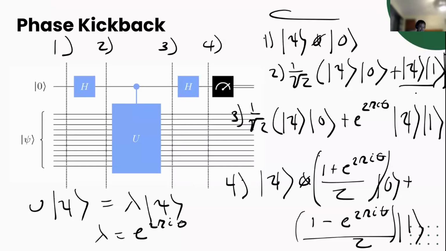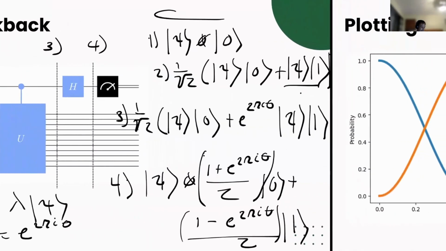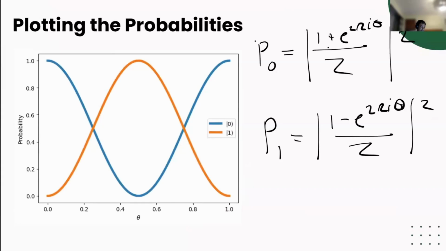And so this is our coefficient for the state. Finding the probability of this state is as simple as taking the absolute value and squaring this amplitude. Since this is still a function of theta, we can plot these probabilities as you go from 0 all the way to 1, where this value of 1 is exactly equal to this value of 0. So it shows that you complete a full rotation around your complex unit circle.